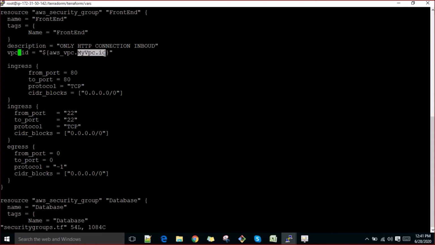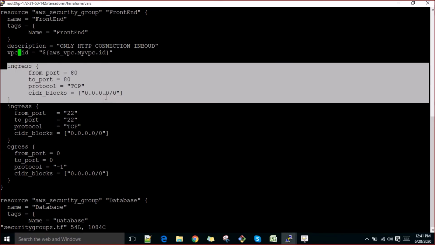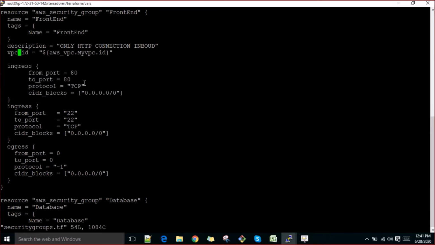that we have already called up, and we are creating the ingress rule. Port 80 would be allowed from everywhere, 22 allowed from everywhere, but for egress we are saying everything is allowed from everywhere. If you want to disable something, you can go ahead and add one more rule here. Just copy this ingress rule and paste it there. Say what you want to deny. If you want to allow from some specific subnet, go ahead and put it here. So everything will have to be defined.